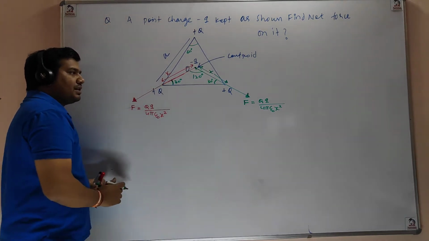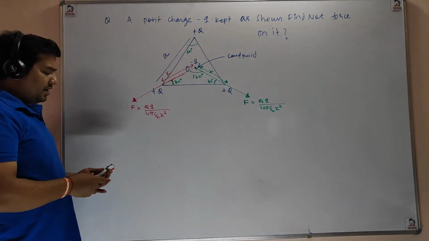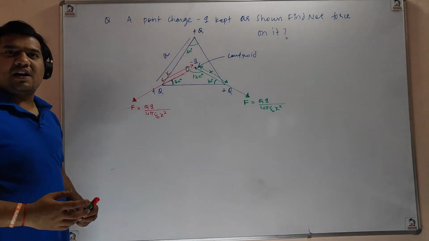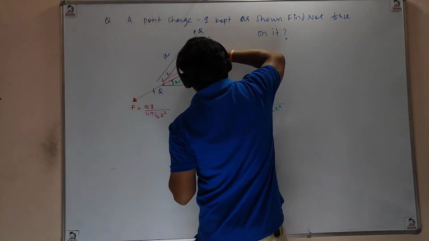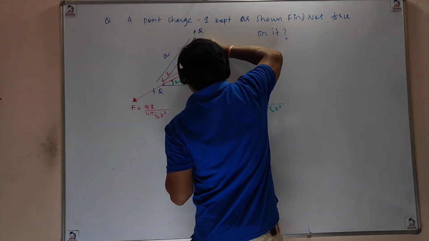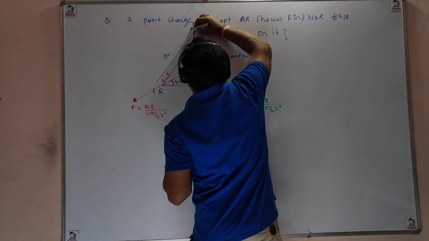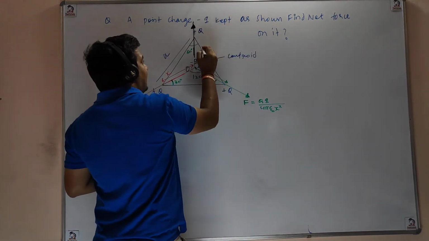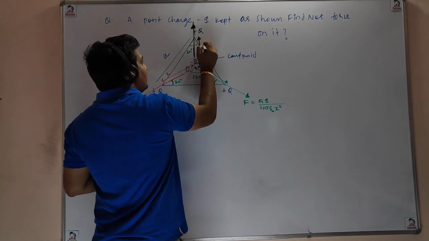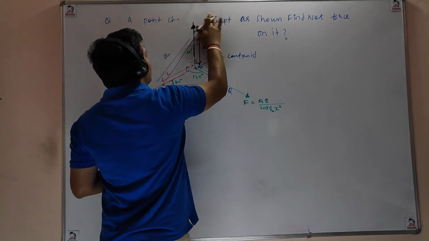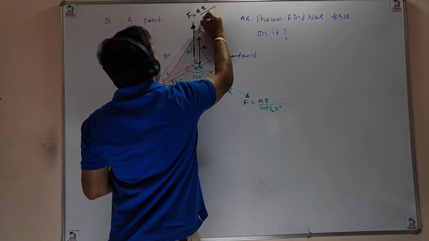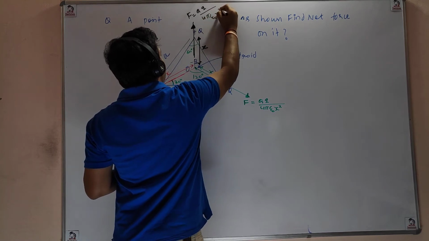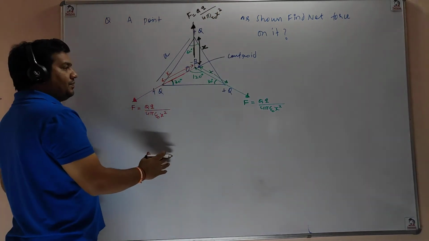Can you represent another force? There is one more force on minus Q, that is upward, right? Another force on minus Q, that is upward, like this. And this distance is also x, so that force is also F. F is equal to capital Q small q divided by 4 pi epsilon naught x square, right?